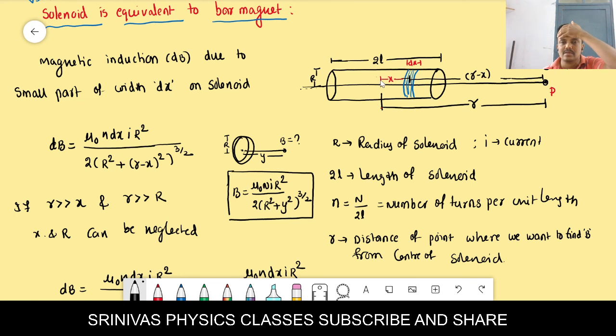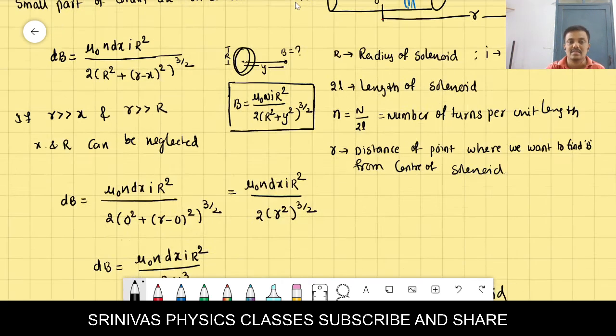The x maximum value is L. When you go from here, the highest value of x is up to this point, that is plus L. When you go to the left side, we take the center point as the origin. When you go to the right side, you should take plus. Right side maximum length is L, left side length is L, total length 2L. Right side and left side lengths we have to take with plus and minus signs.